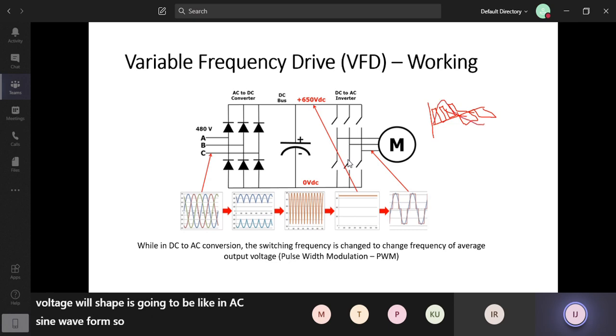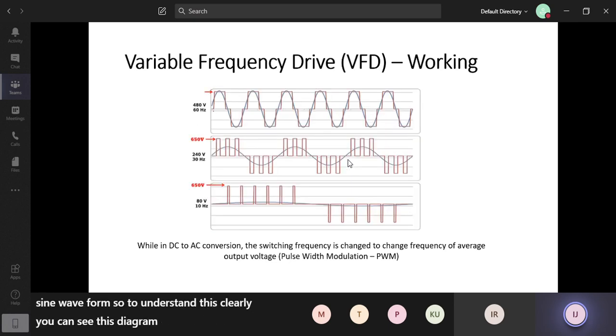To understand this clearly, you can see this diagram. See here, you can come from the bottom part, that's easy. Here they are keeping it on for a narrow time and keeping it off for a long time. That means these time intervals are going to be very small, like milliseconds or microseconds. It is going to be on for some microseconds and off for some microseconds. Like that, they are turning on one polarity and changing to the other polarity. But eventually the average voltage line is going to be like an AC waveform like this.